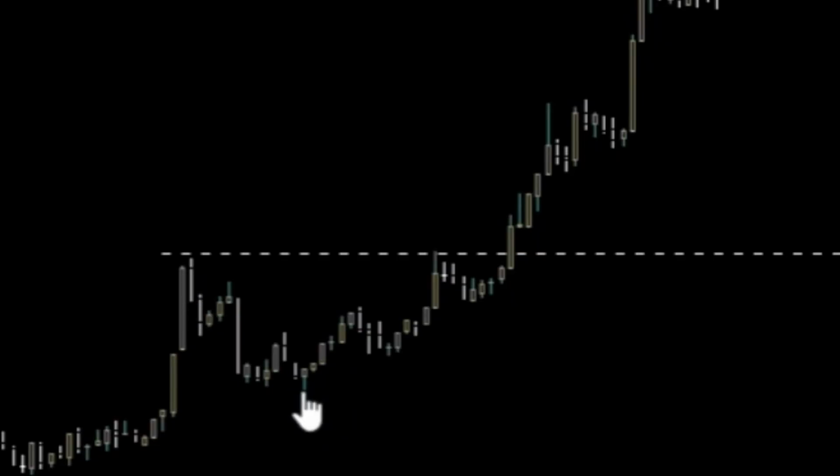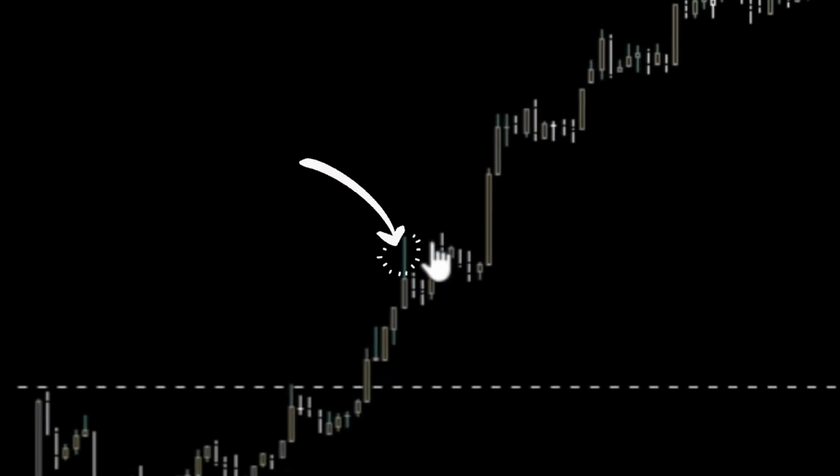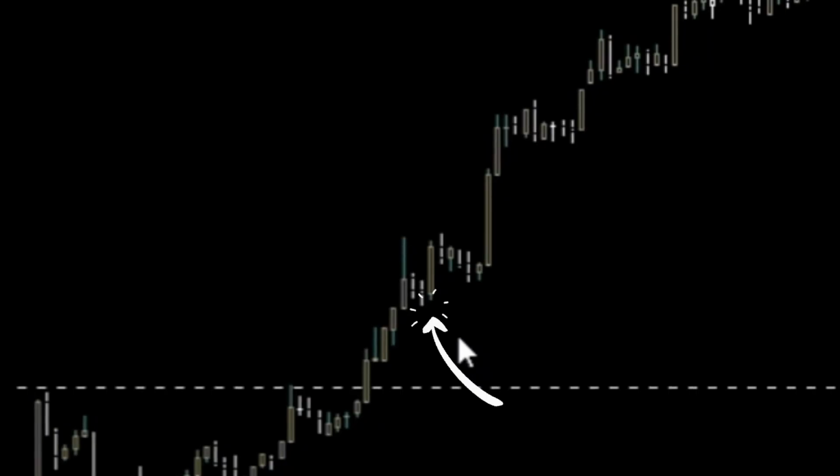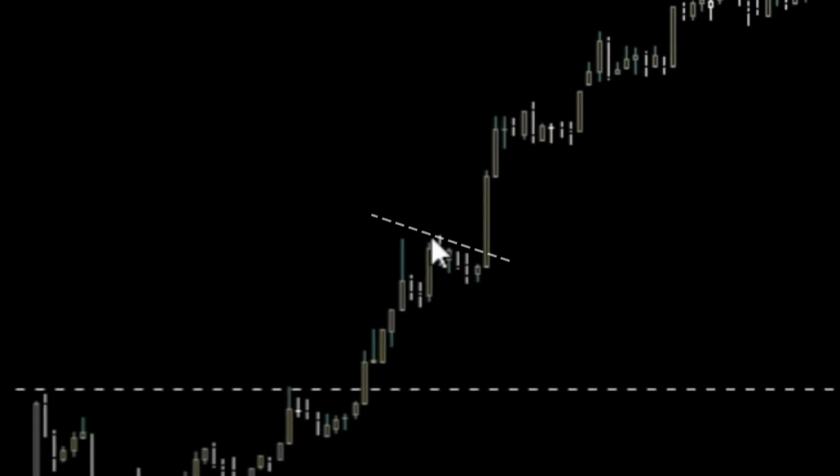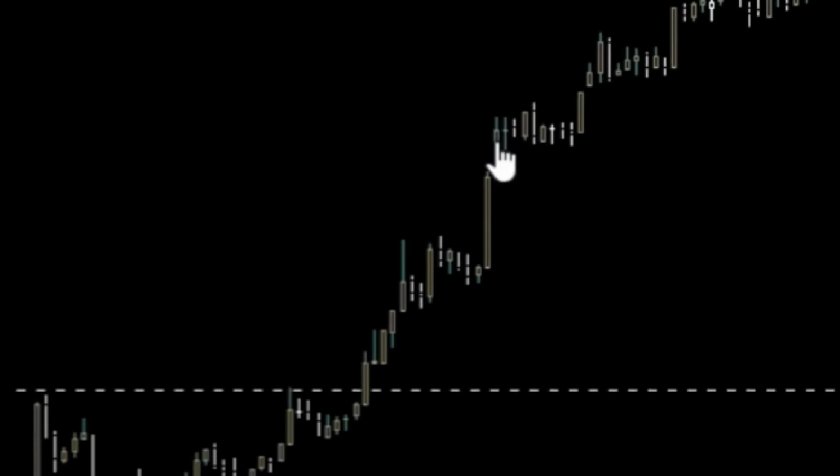Okay, so now that we've established that we have a high and a low that were broken, now we're gonna look for the next high and the next low. Okay, so you have the next high, which is right here, this candle that broke, right? And then you have a new low, which is this candle right here. Now, is this high and this low higher than this high and this low? Yes, it is. So the trend is continuing until that trend no longer exists, right? And you could also draw a line on top of this so that you know that once it's broken, which it was with this candle, that you now have a new high, right, which is right here, and you have a new low,